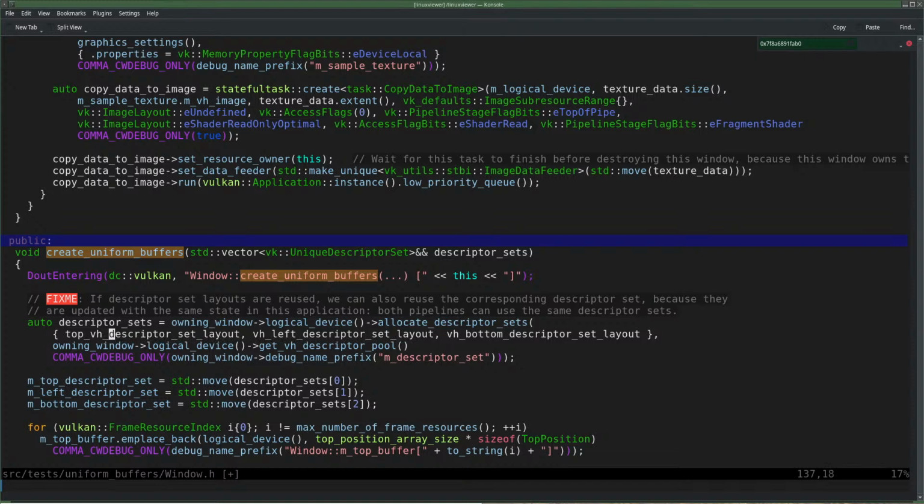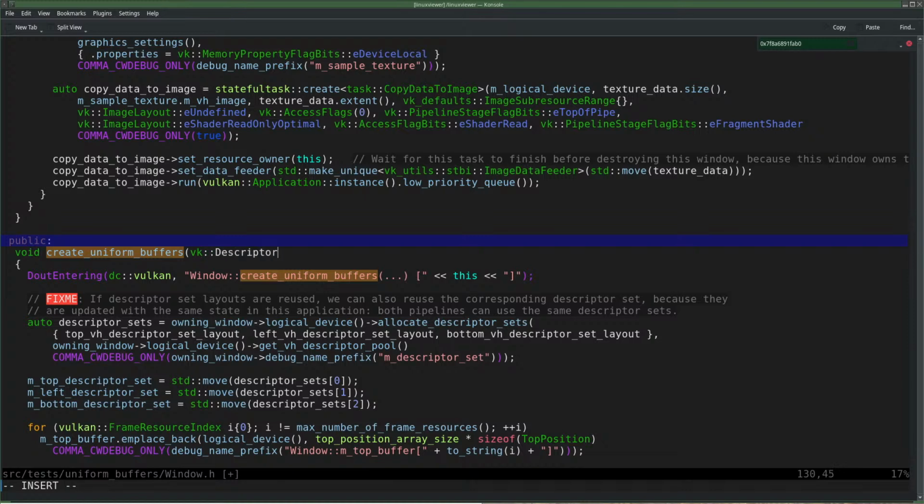Vulkan handle descriptor set layout. And the left Vulkan handle descriptor set layout, and the bottom Vulkan handle descriptor set layout. And then we pass that, and it's probably called